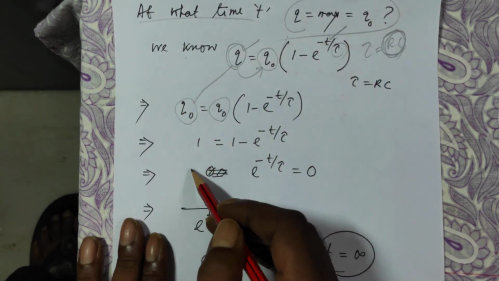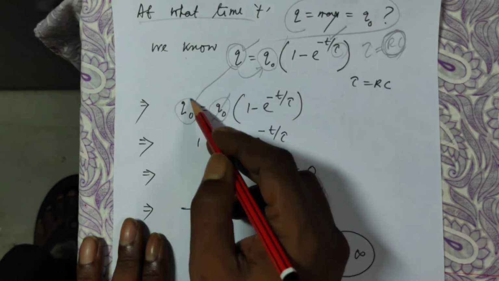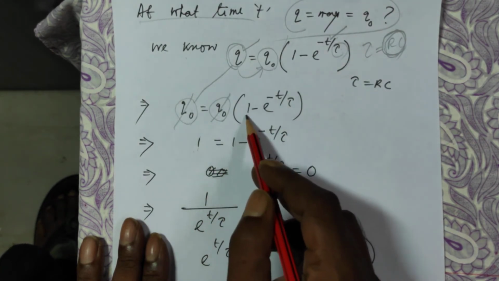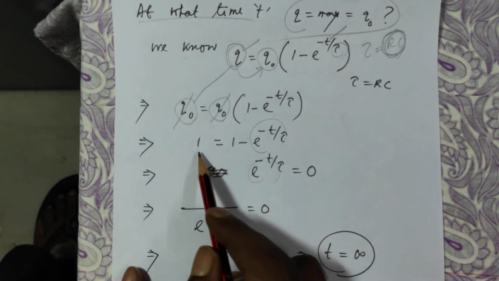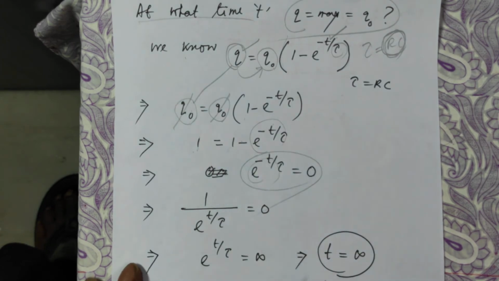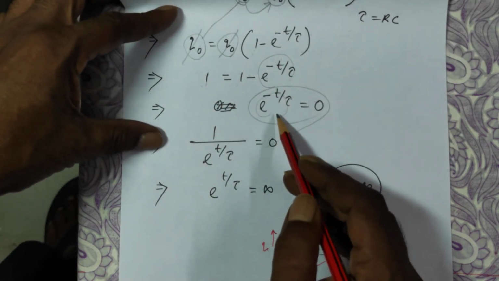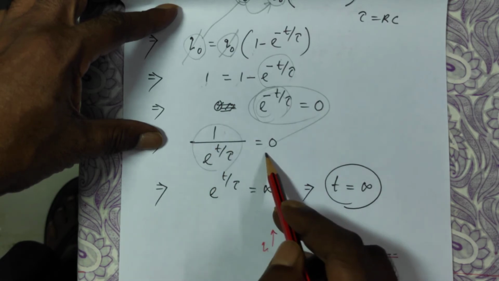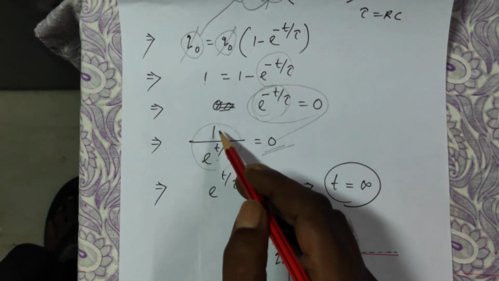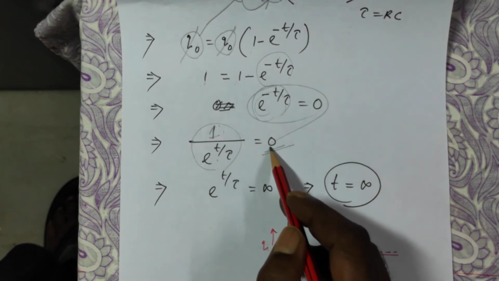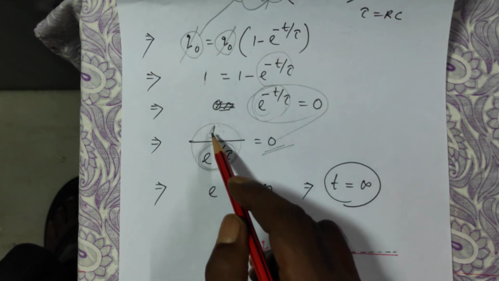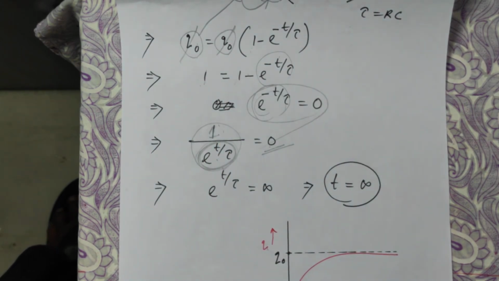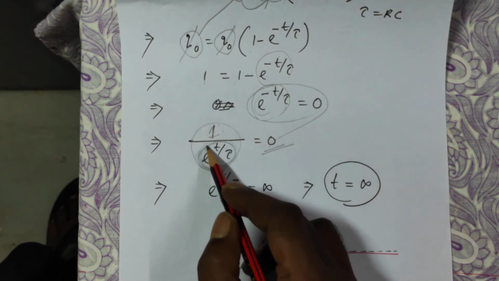So this cancels with this, and I am left with 1 on this side, is 1 minus e to the power this. Bring this to the left hand side, 1 to this side, 1 minus 1 is 0. Now, this can be written as 1 over this is equal to 0. This is a fraction, on the numerator it is 1. Then how will it be 0? If the denominator is very large, that is infinitely large. If you divide 1 by a very large number, then only it will approach 0. So this has to be infinite.